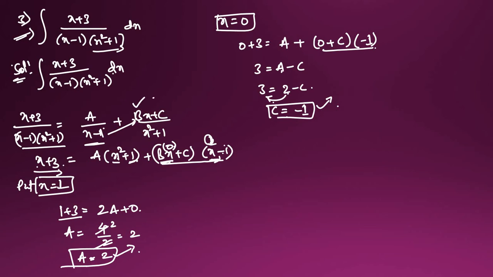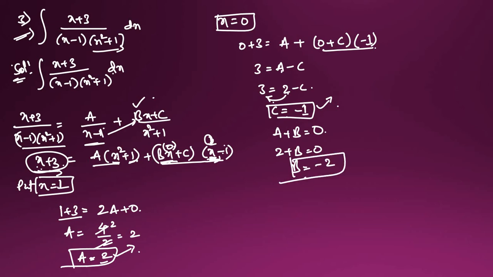So how will we get the b value? By equating the squares, like equating the squares means here ax square will come, bx into x, x square will come, so x square and a plus b will come. Are there any x square terms on the other side? No, so that's why we have to take 0. Okay, so a is equal to how much here? 2. 2 plus b is equal to 0, and b we get as minus 2. So we got the b value.